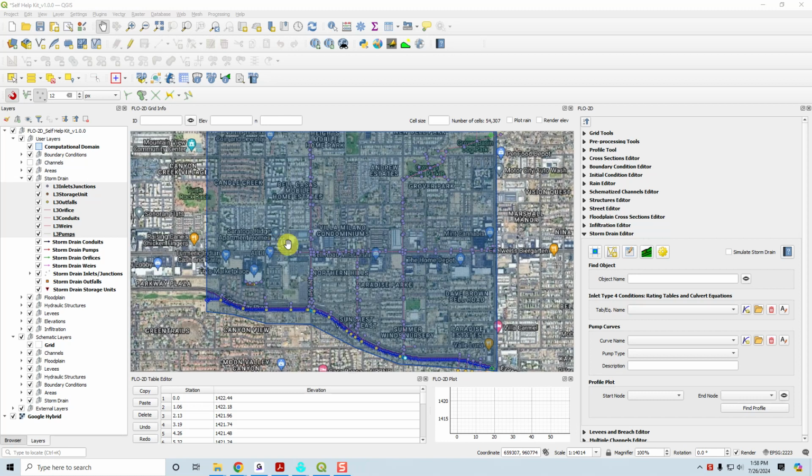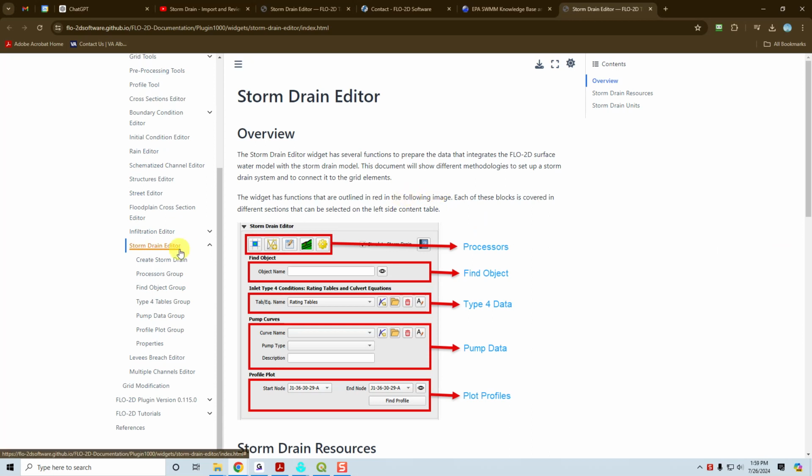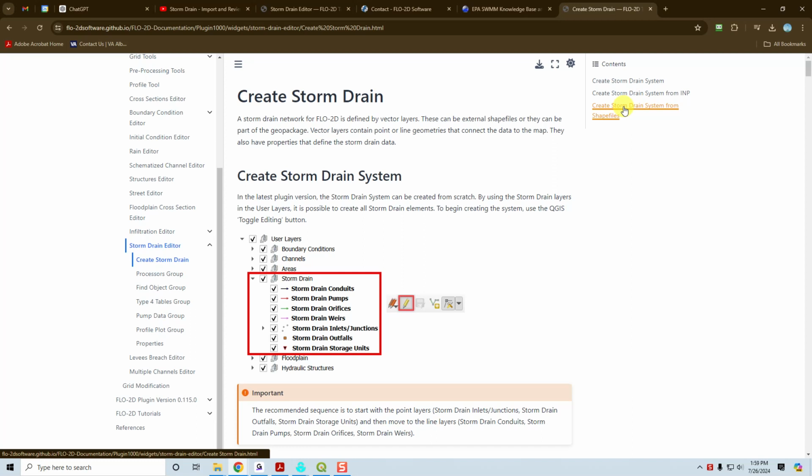Okay, now that we're finished with the overview of the entire storm drain system and your documentation, let's look at these individual data sets. So first off, if we go back to our storm drain documentation, what we want to do is get to, let's see, if I hit create a storm drain, I can do create a storm drain